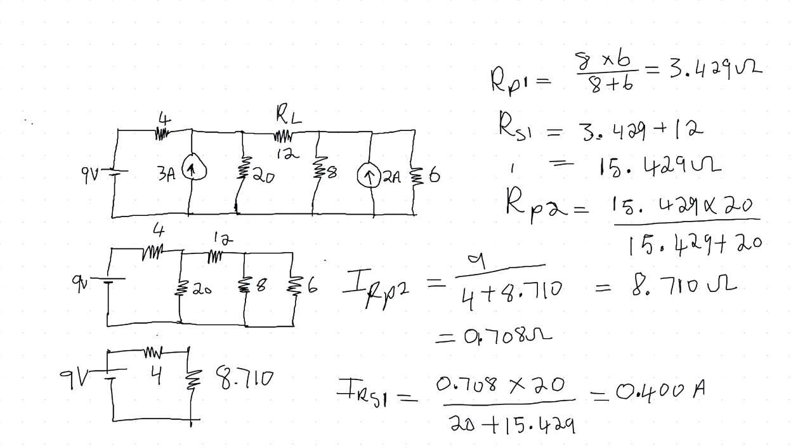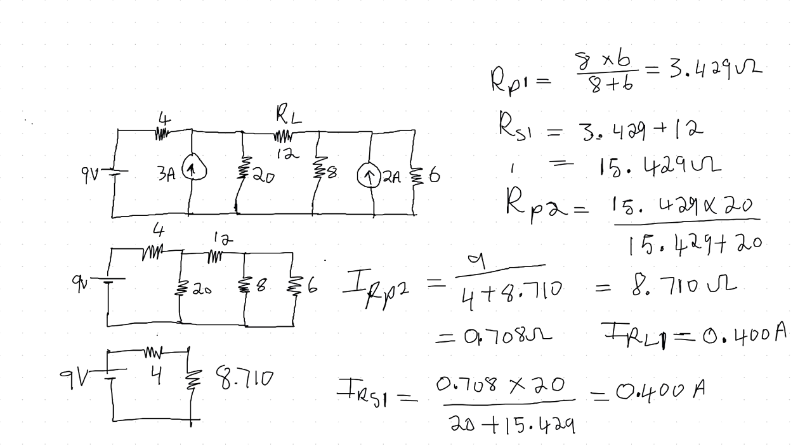So therefore, IRL1. Remember, I will have to get how many currents? Three currents because I have three sources. It's superposition. So IRL1 is equal to 0.4 amperes. Why? Because